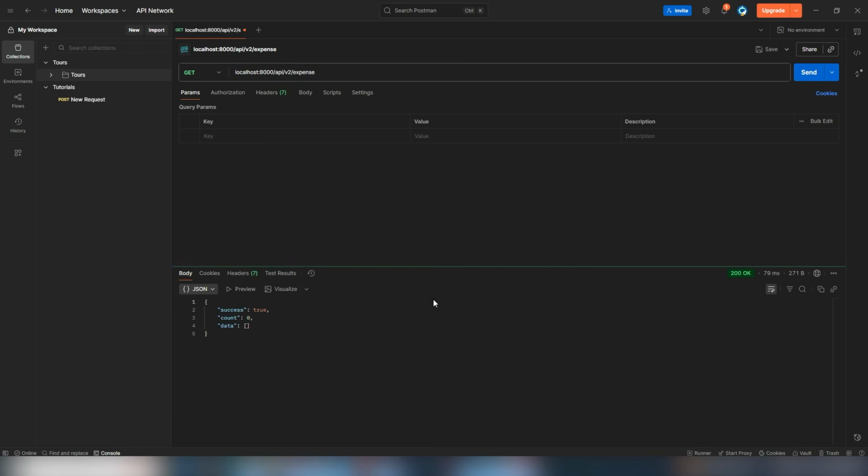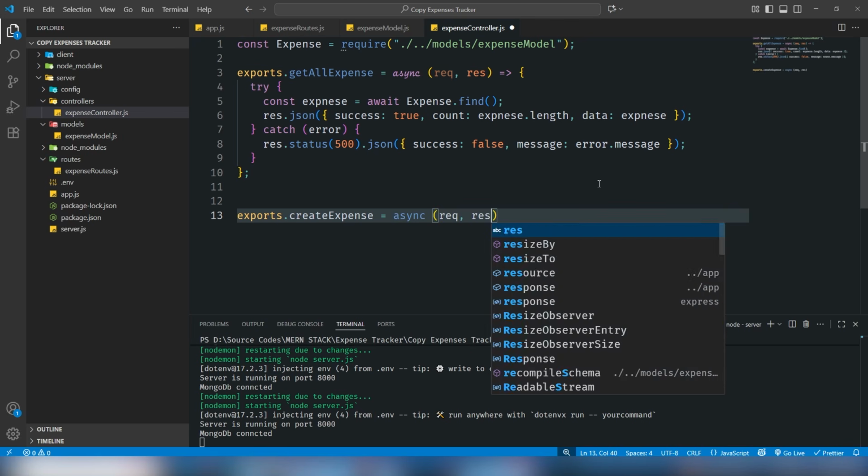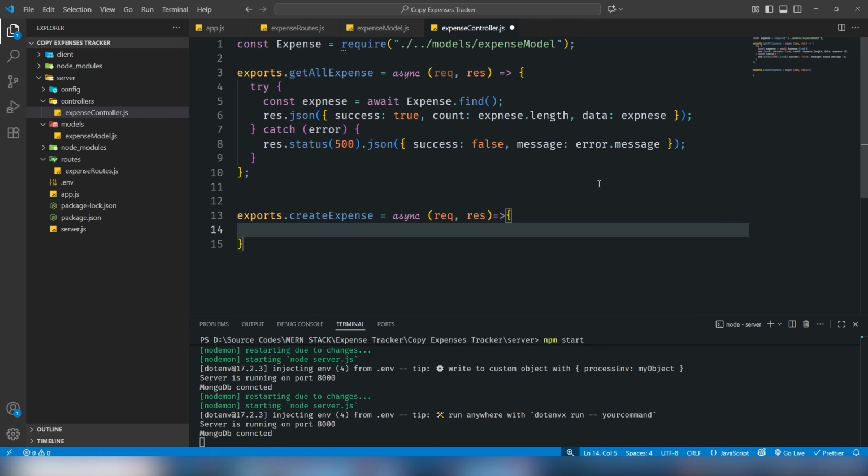Let's use it. I'm getting success is true, the count is 0, data is nothing, but we will store the data inside the database. You will get the result inside this application. All right, so let's create another function that will help us store the data. Then you will be able to understand everything, guys. So I'm going to create a function, exports.createExpense, async request response,